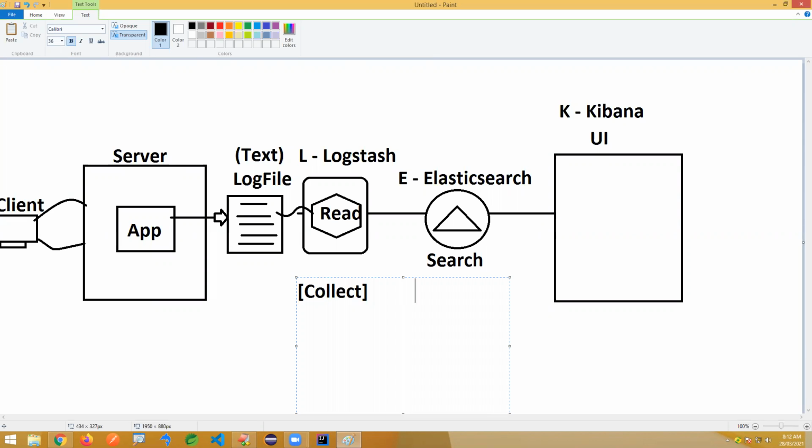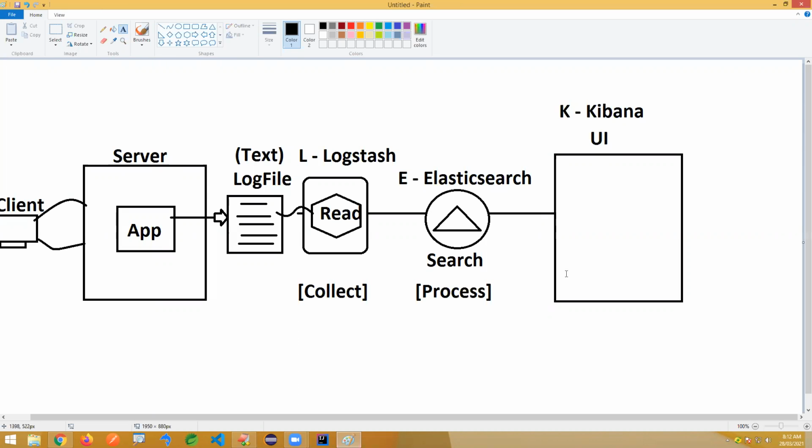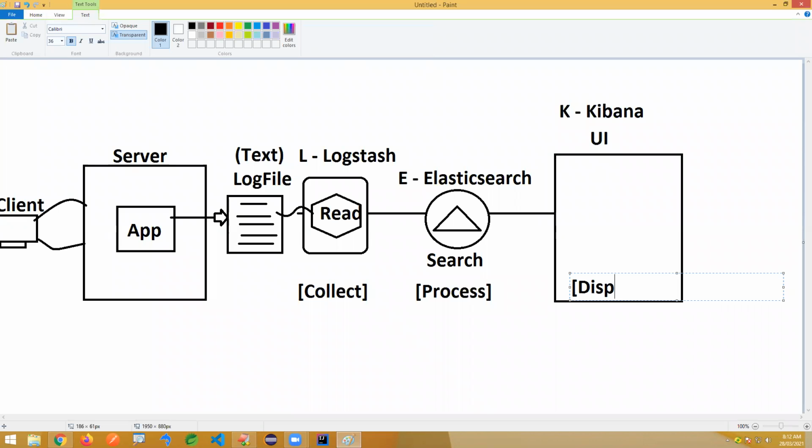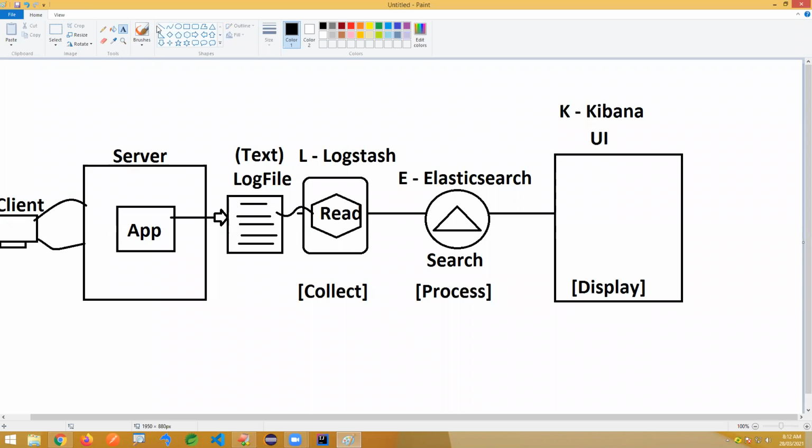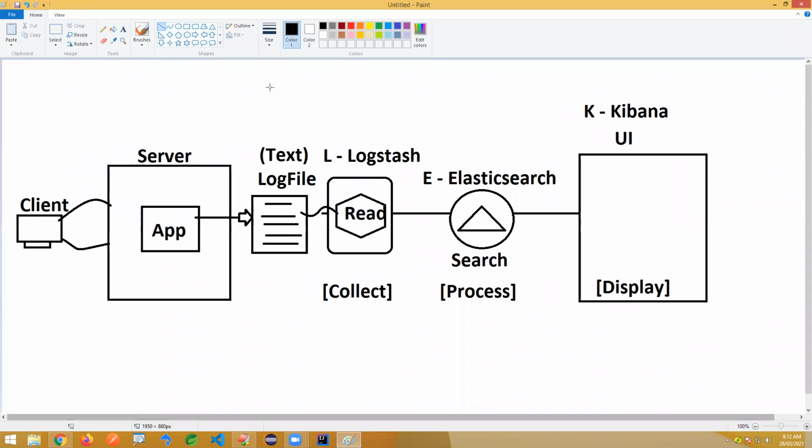It processes, and with support it does the display. So we have three simple pieces of software, and it is not complicated to configure; it's an easy process. Kibana shows everything in a visualized format. You can search in an easy way, based on date and time, or based on a keyword.